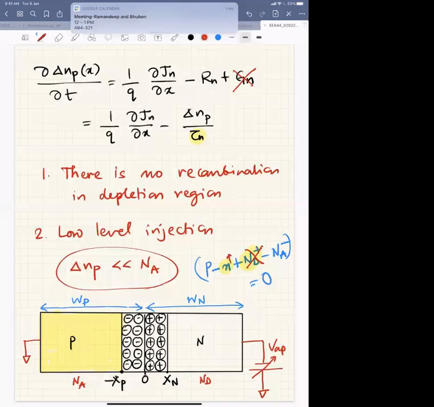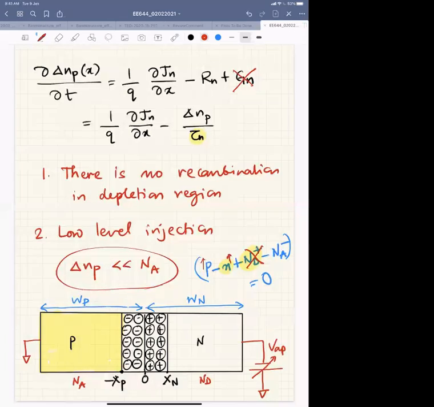So to maintain quasi neutrality, what happens? The majority carrier concentration will also increase. There is a majority carrier response time which is of the order of picoseconds. The moment you inject something, to maintain the neutrality, your semiconductor will also create an additional number of holes. Here we are assuming that this injection is low level. That means the delta NP that you are injecting is much less than Na, because delta NP also creates